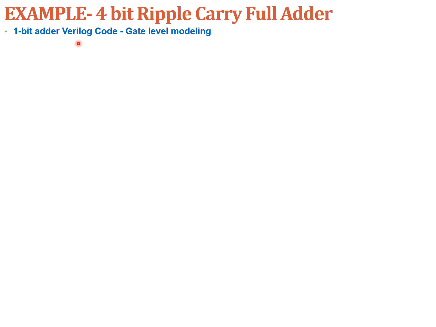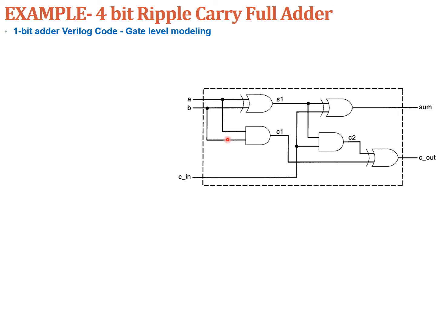Now let us write the Verilog code of this 1-bit full adder in gate level modeling. To write a gate level description, we need the gate level diagram as our reference. So let's declare the module. We know a module is declared as module followed by the module name and the list of ports. The list of ports are A, B, Cin, sum and Cout. The module name I have chosen here is full_add1, indicating 1-bit full adder. The name can be anything. And we have listed the output and input variables, ending with a semicolon.